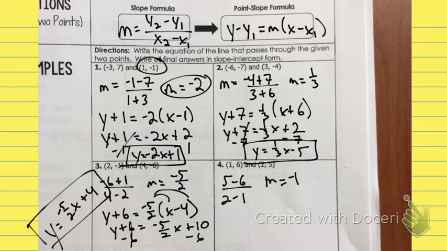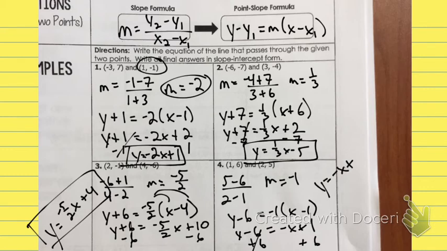I get a slope of negative 1. Yes, sir. Which I'm gonna let Whit pick the point. Which point you want to use, Whit? y minus y1 equals m times x minus x1. I need to distribute my negative 1 and get everything on the same side. So I get y equals negative x plus 7. I'm going to check it with this point, the 2, 5. If I plug 2 in for x, I get negative 2 plus 7 is